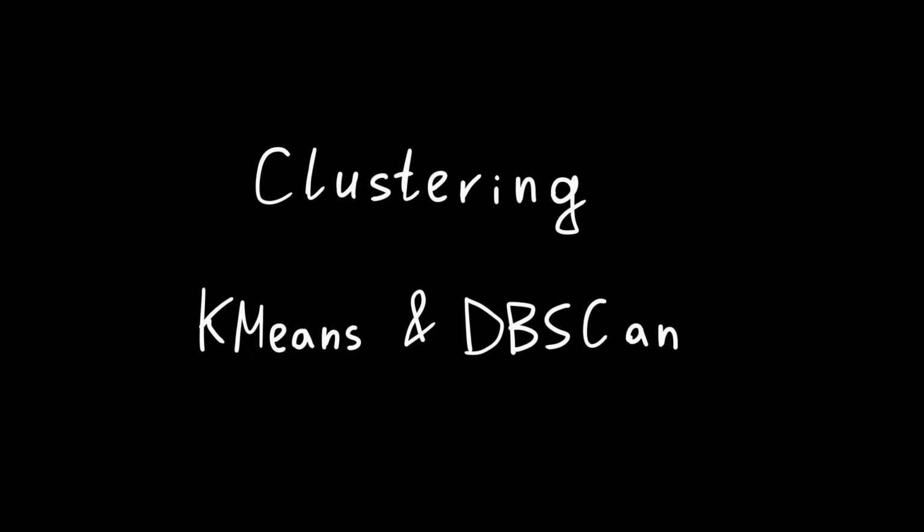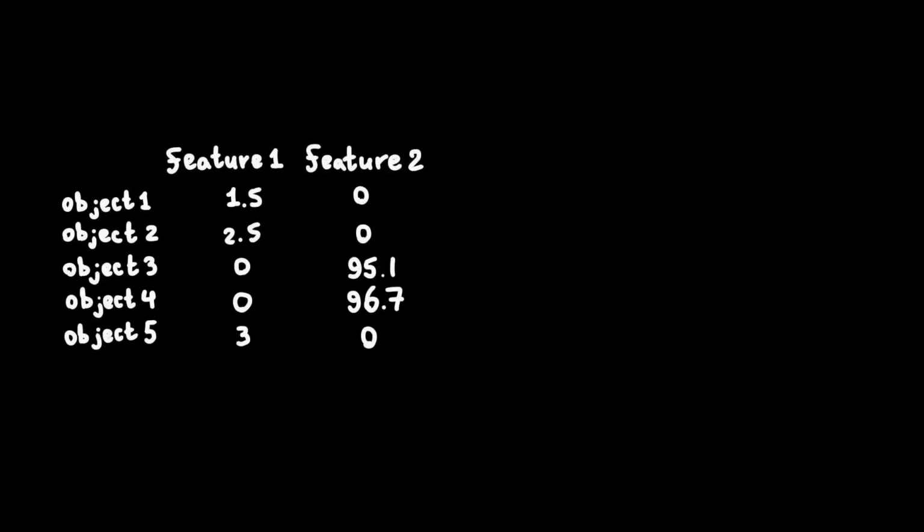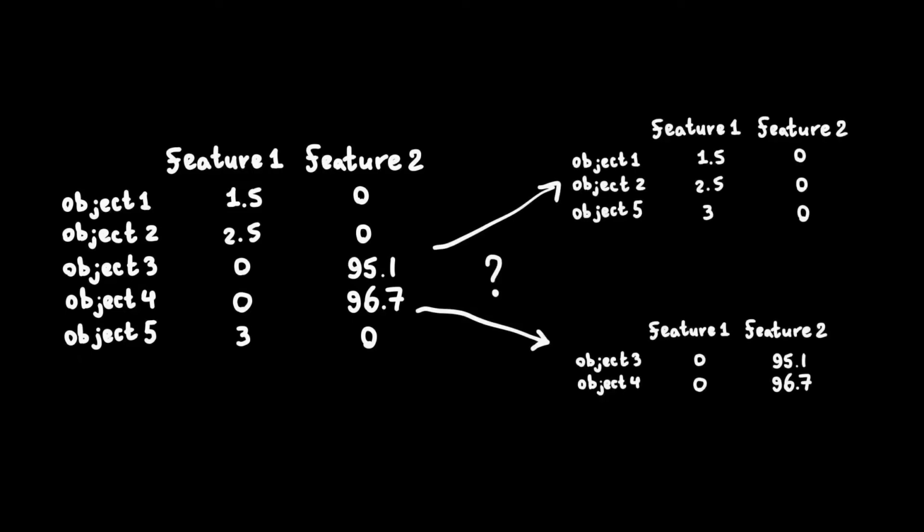Imagine having a dataset and desiring to understand its structure. You would like to divide the objects in your dataset into groups, such that similar objects belong to one group, while different objects belong to different groups. This is a problem in data science called clustering, and the groups you are going to divide the objects into